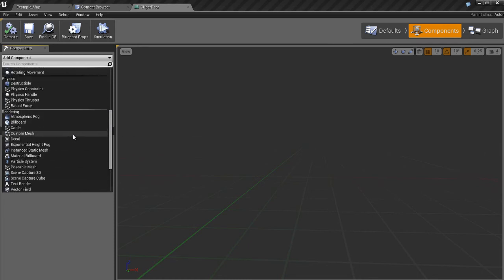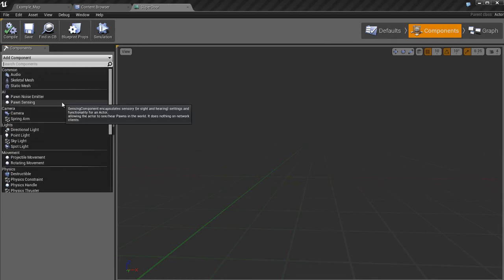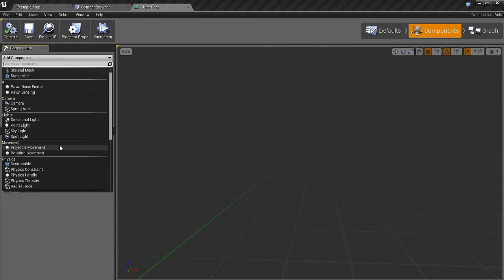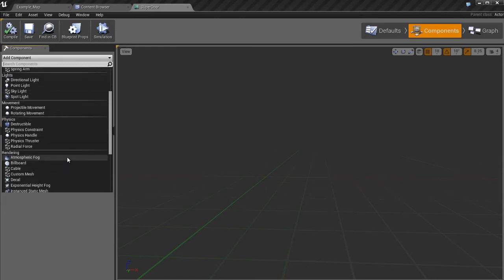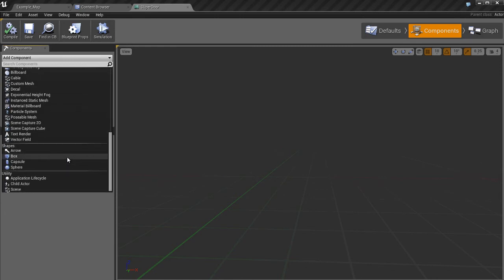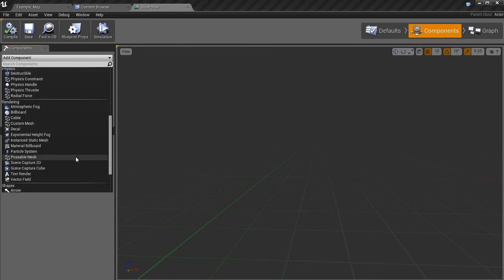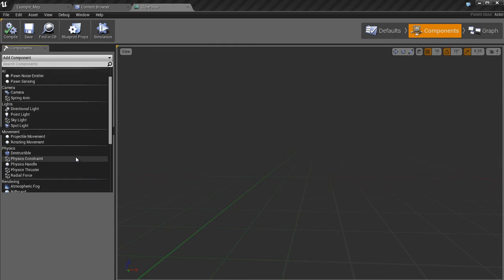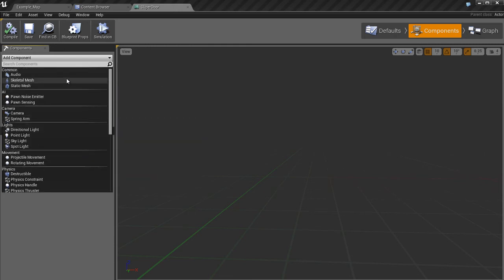These components on the left are the different sort of ingredients that we can throw into this blueprint. So some examples are we can throw in audio assets, we could throw in skeletal meshes, we could throw in static mesh, we could throw in particle systems, we can throw in lights, we can throw in cameras, lots of different things. Basically, so much stuff that you could probably come up with unlimited combinations of potential blueprints to create. So what I'm going to do is I'm going to create a static mesh. So I'll click on static mesh,